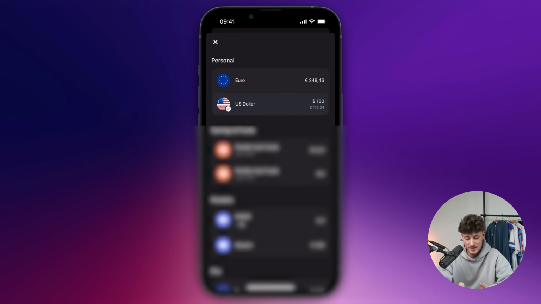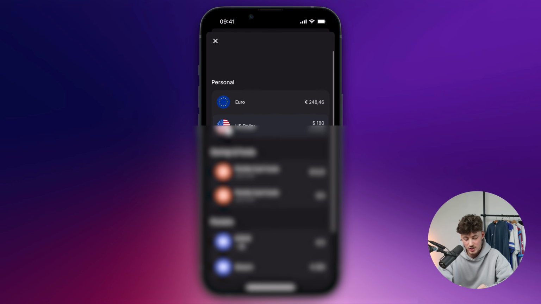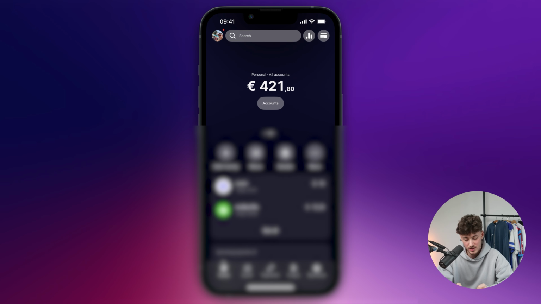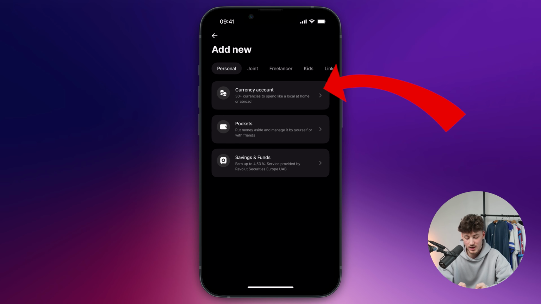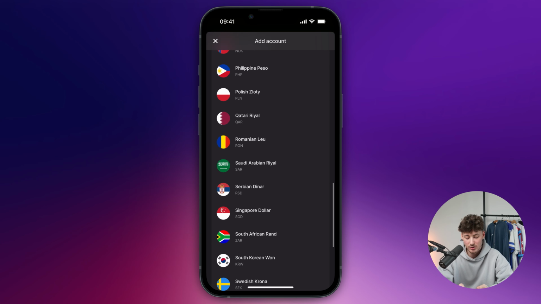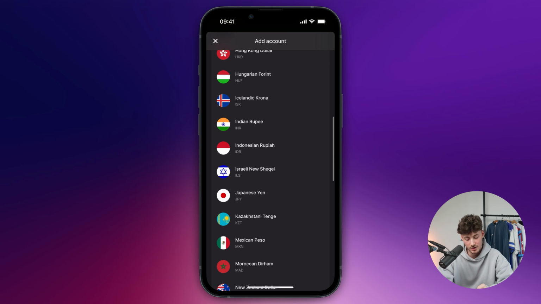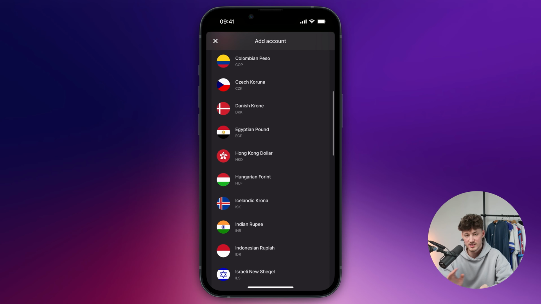Now, as you can see, by default I'm only going to have euro and US dollar available. So to change that, we will have to opt out of this, then head over to accounts, click on add new on the bottom, click on currency account, and you can then add all sorts of other currencies inside here. And then you would have to go over the same method again,